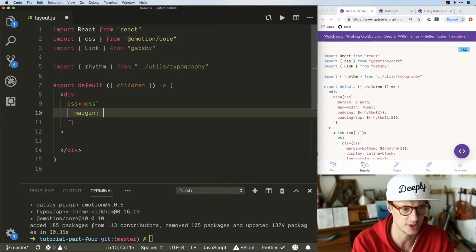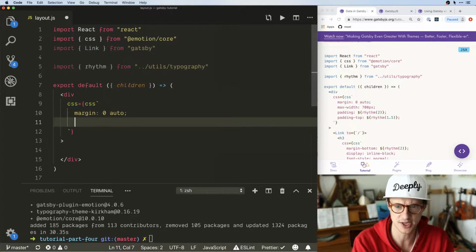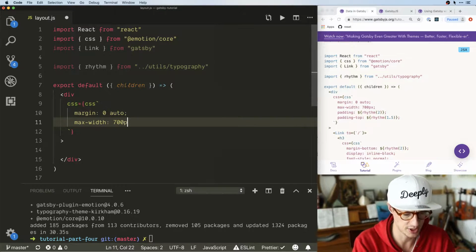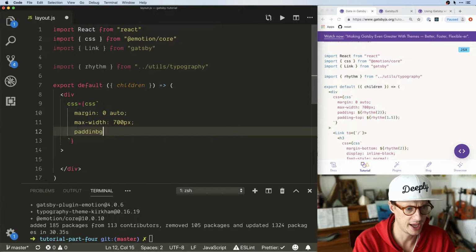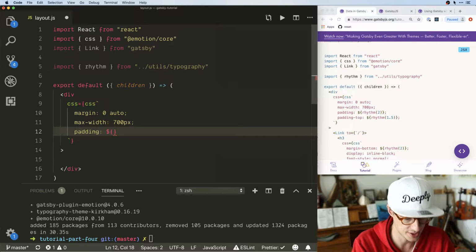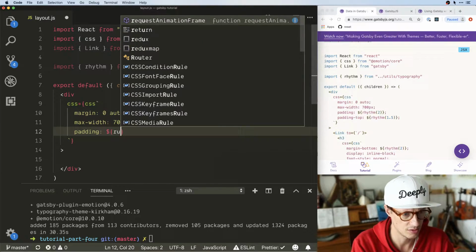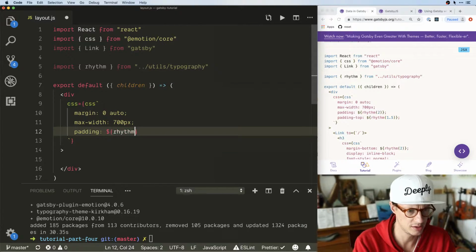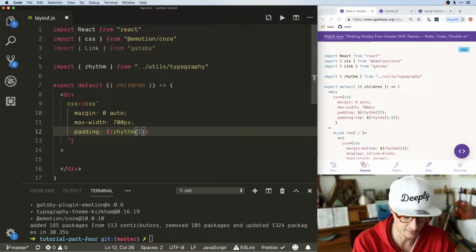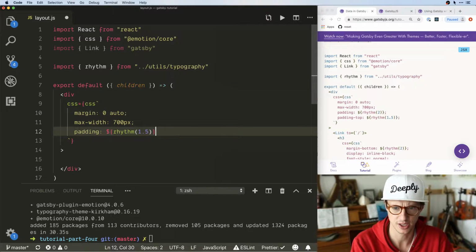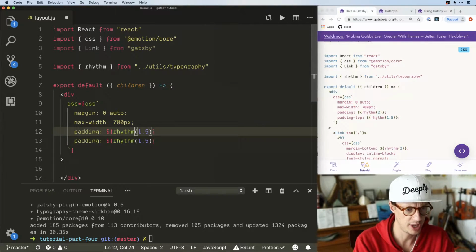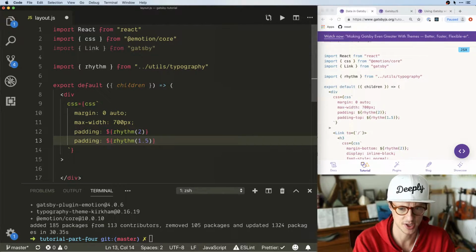We've played around a little bit with this, so 0 auto. We're going to center things, max width to set things up that way. Padding is going to be equal to, we're going to use our rhythm here for that, so we'll say rhythm, and we'll make that 1.5. So that will just kind of responsively set the best padding possible. Oh, sorry, padding is going to be 2. And then padding top is going to be,